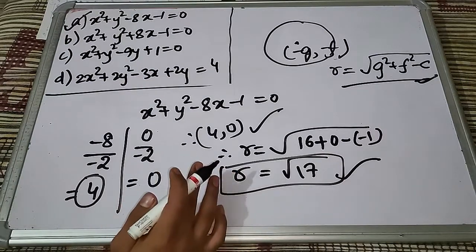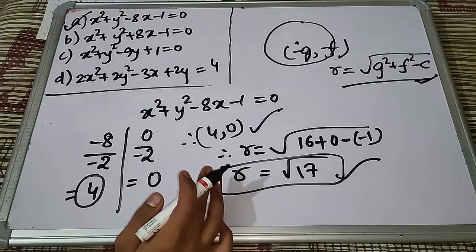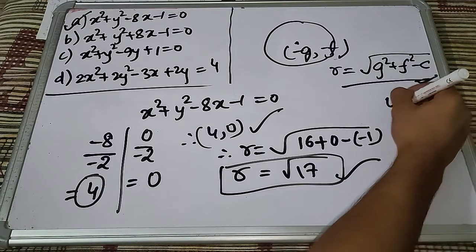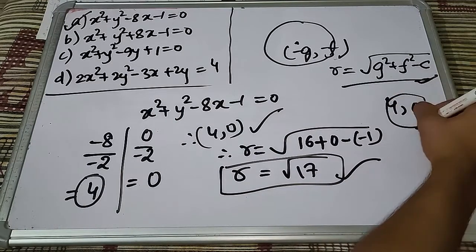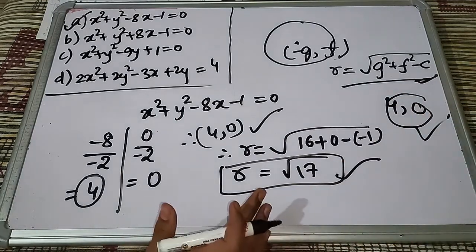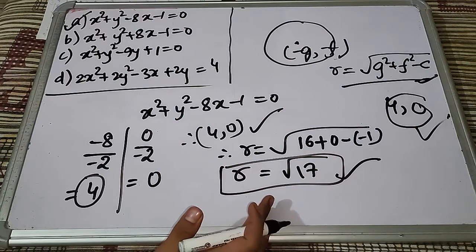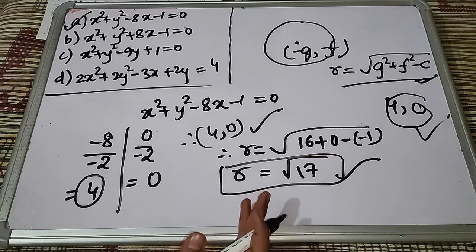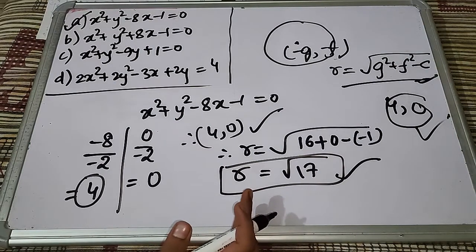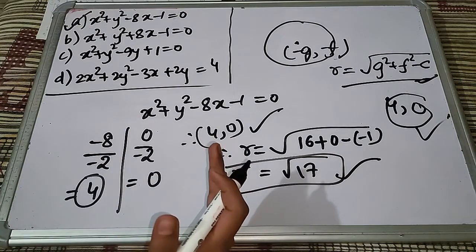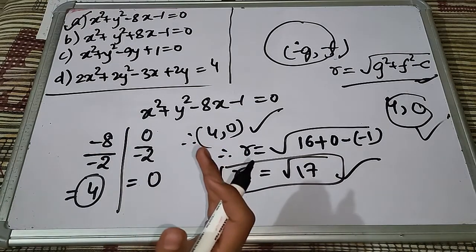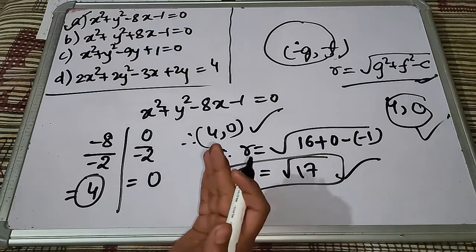So these are the two ways to get to the final solution, once you get the point that (4, 0) is the center of the circle. Whichever way you find easier, you do that in the exam. The main aim is to save time. We need to steal minutes from hours. And I hope these two ways of solution were quite interesting to you and you found this video helpful.